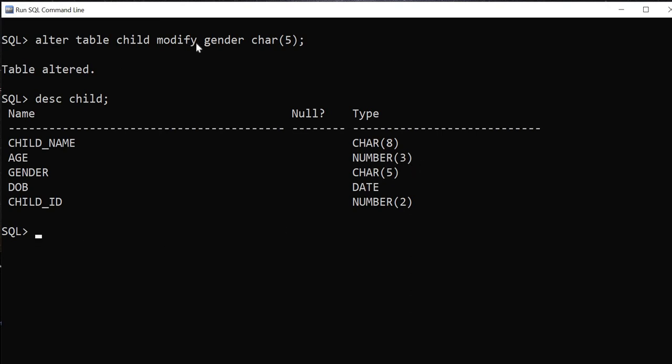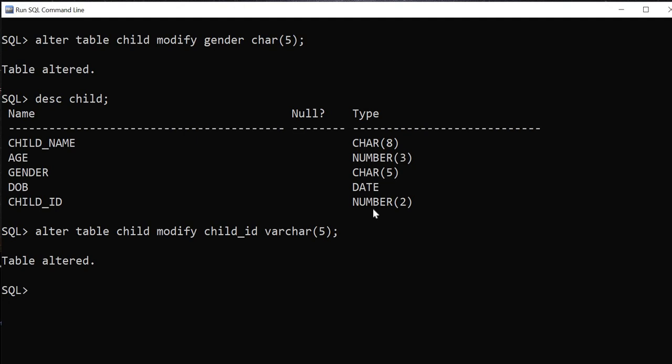Now we use the same command for modifying the type of a particular attribute. Let us take child ID. The data type which we have already specified is number. We are just going to change it to varchar. So it is alter table, the name of the table. We are going to use modify for changing the data type also. So it is child_ID. I'm just going to change this child ID's data type from number to varchar. So I just specify varchar of, we can use the same size or a different size, it is up to us. So it is just give. So the table is being altered.